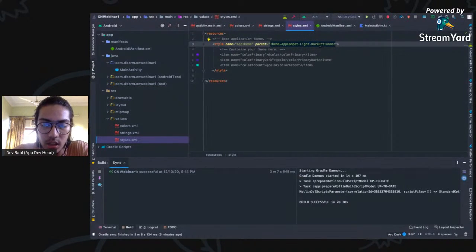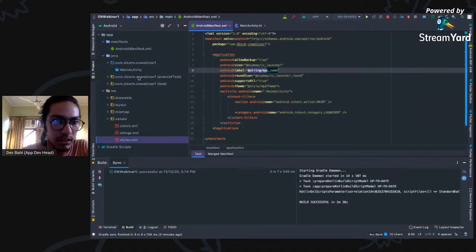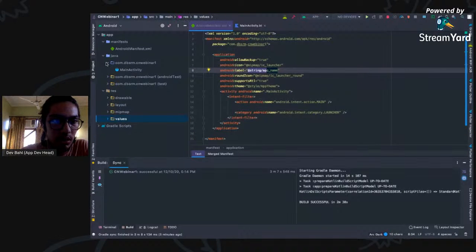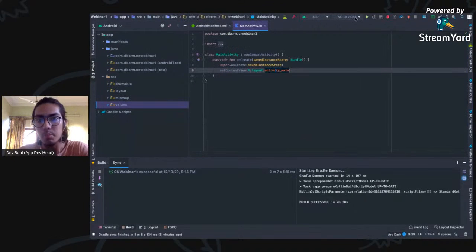Action bar comes with this pre-generated file. So we can change it from here if we want to a no action bar or a dark action bar. After this, we see how to run your first app